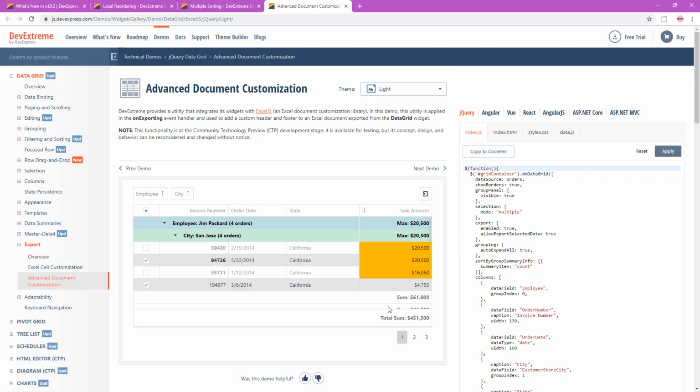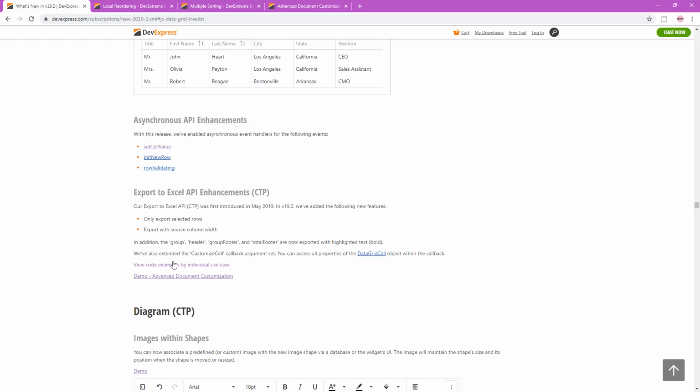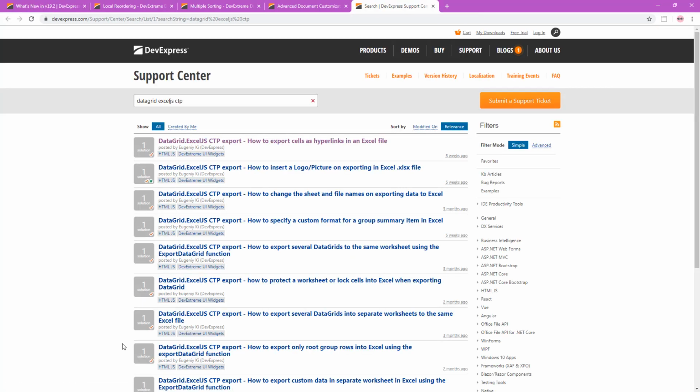So you can access all properties of the data grid cell object within the callback. So that is another nice feature. Now, from the what's new, I'd also recommend you take a look at the view code examples by individual use